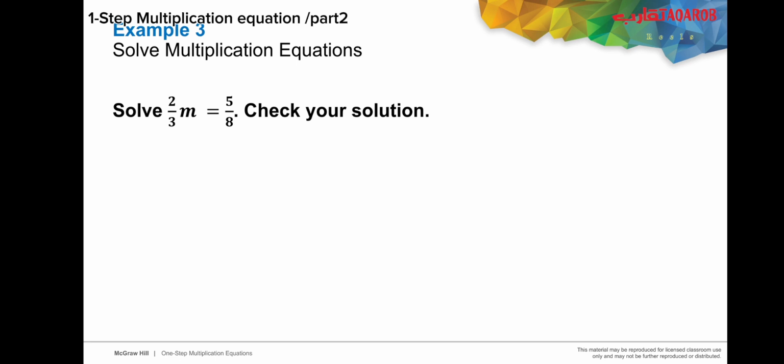For example, here they say solve the multiplication equation. As we said, I will look for the side of the problem that has the variable, which is m. And m is multiplying by the fraction 2/3. So to get rid of 2/3 and to isolate m, I need to use the inverse operation, which for multiplication is division. So I will divide here